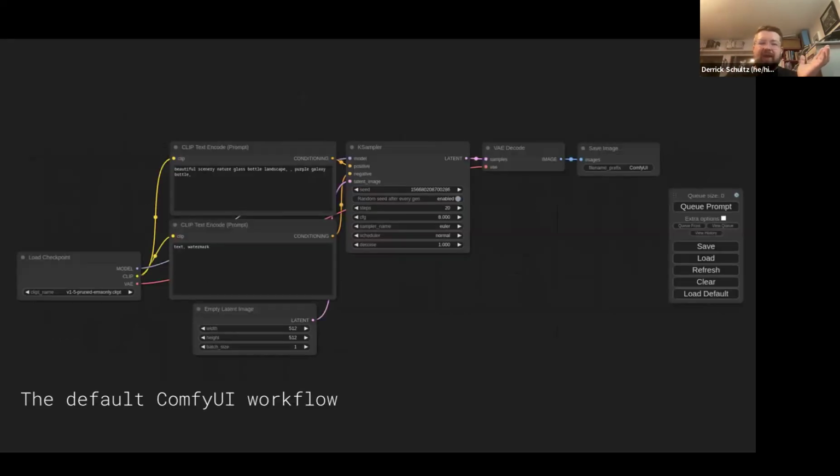This is what we're going to build today. This is what's called the default ComfyUI workflow. This is a basic text to image workflow. But we will rebuild it from scratch. The key to know is that any of these gray blocks is what we call a node. And then you've got the spaghetti strings that connect everything.